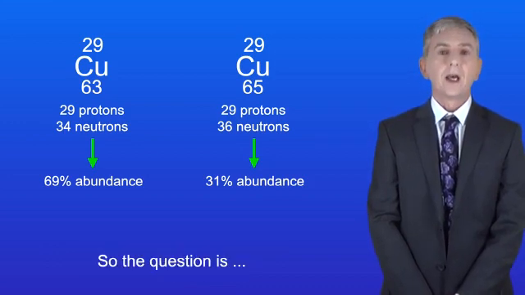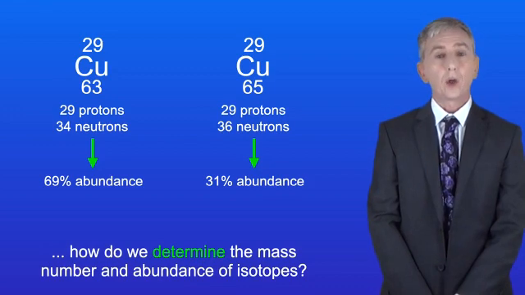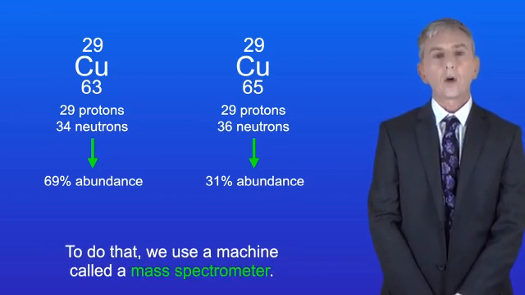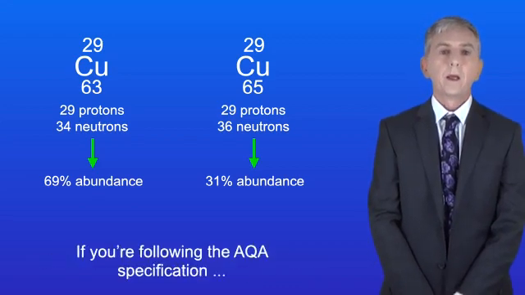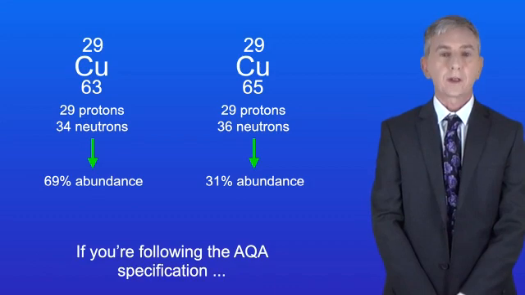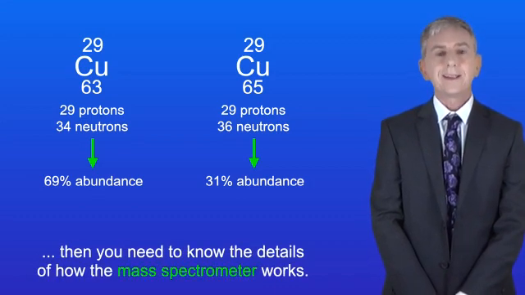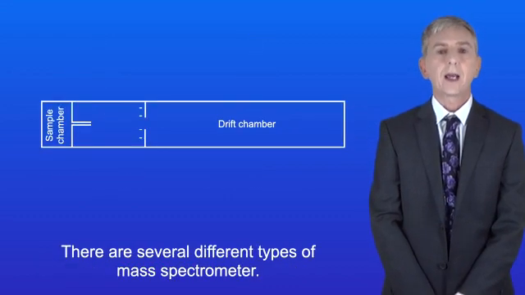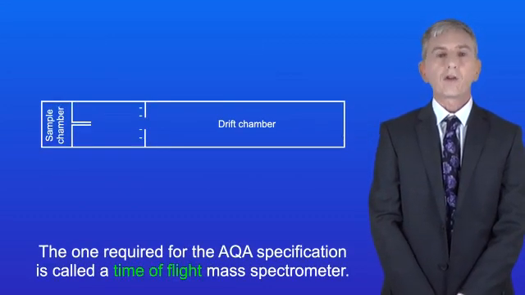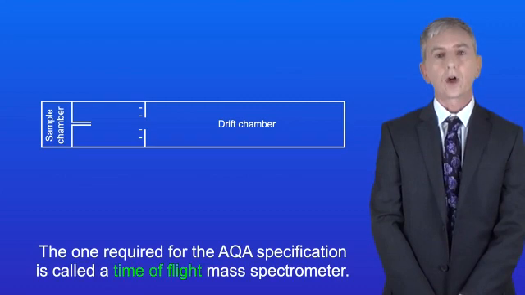So the question is, how do we determine the mass number and abundance of isotopes? Well, to do that, we use a machine called a mass spectrometer, and you could be asked that in your exam. Now, if you're following the AQA specification, then you need to know the details of how the mass spectrometer works. There are several different types of mass spectrometer, but the one required for the AQA specification is called a